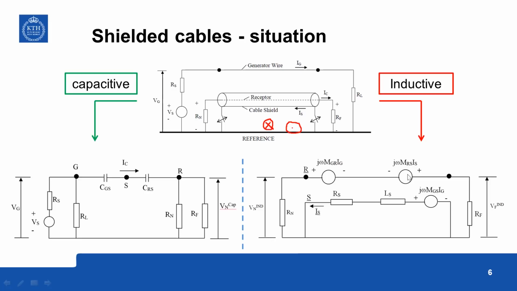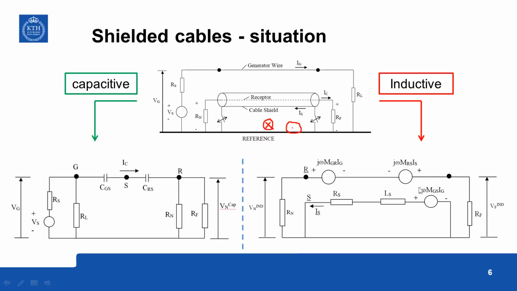The polarity of that will be in such a way that it will be opposing this flux shown here. So that source is shown here. It is j omega times the mutual inductance between the receptor and the shield, times IS,